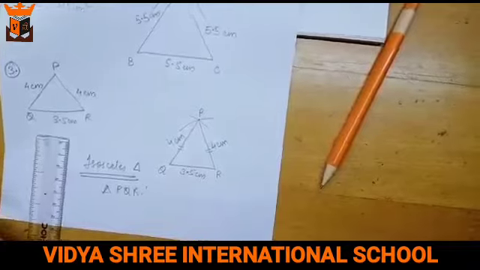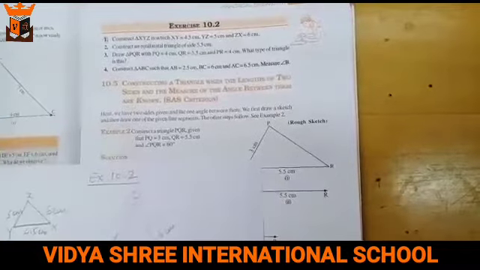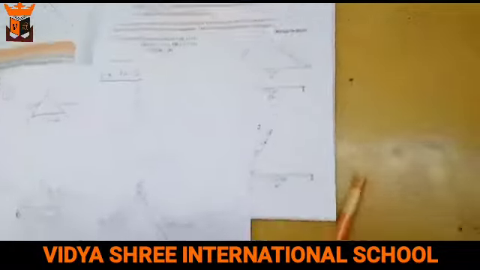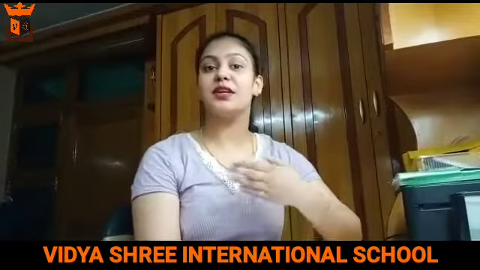So like this, you can do the 4th question by yourself. I am giving just one question to you. You attempt this and prepare a good figure for this question. Hope you all are clear with this tutorial. In this tutorial, you have covered exercise 10.1 and 10.2, in which I have given you just one question to attempt. So attempt that question so that your doubts and your concept will be clear.